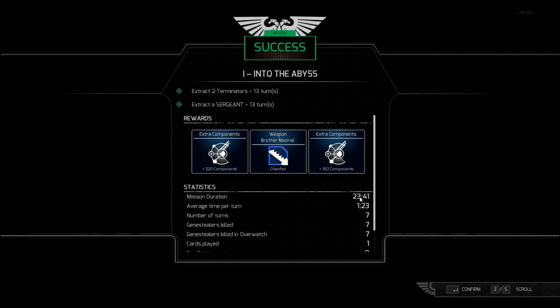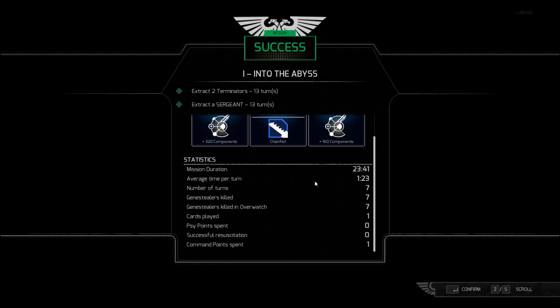So we took 23 minutes and 41 seconds on this mission. We had 1 minute and 23 seconds average per turn. 7 turns, 7 gene sealers killed. 7 gene sealers killed in Overwatch, cards played, psi points spent, successful resuscitations, command points spent 1. Okay, sure. Sergeant,